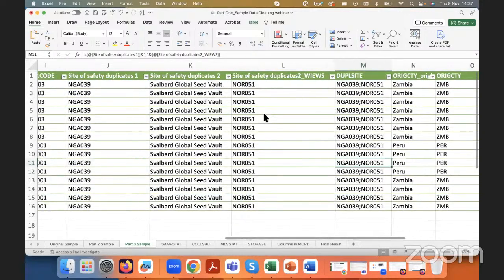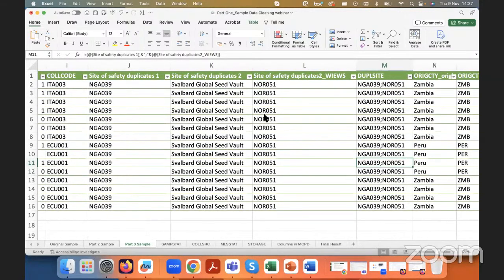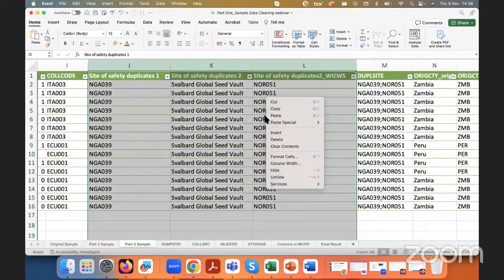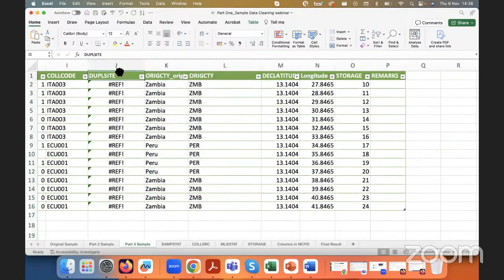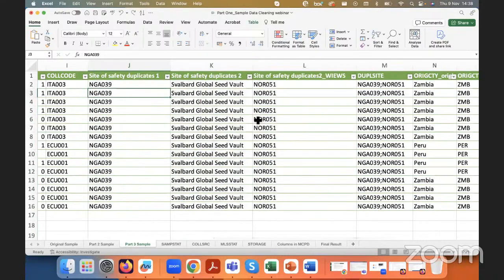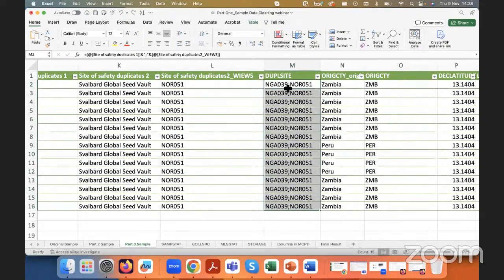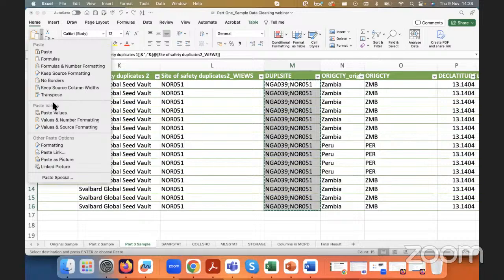Something to keep in mind, which we already shared in parts 1 and 2 of this series, is that when your data is in formulas, if you happen to delete the original columns that the formula refers to, my final column will be an error because it's still linking to columns that have been deleted. To avoid this scenario, after you make sure this is how you want your data to look, that's the final formula and it's all good, you select this entire column, click on copy, go to the home ribbon,